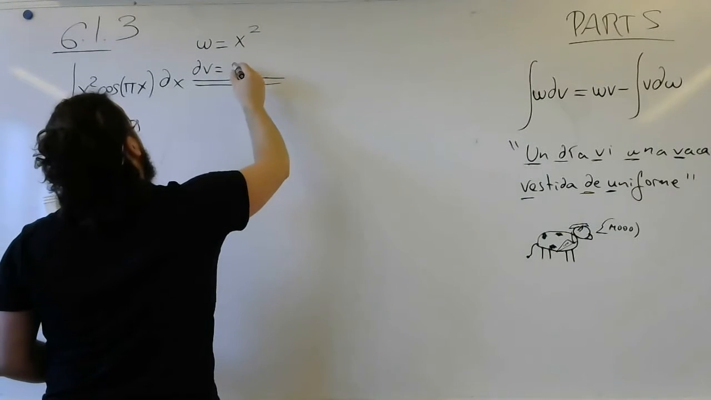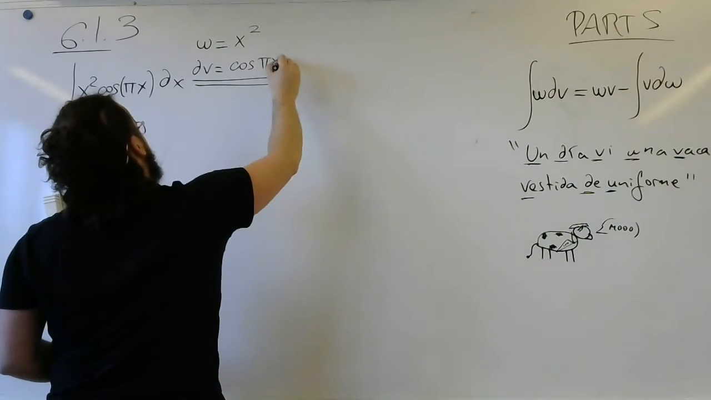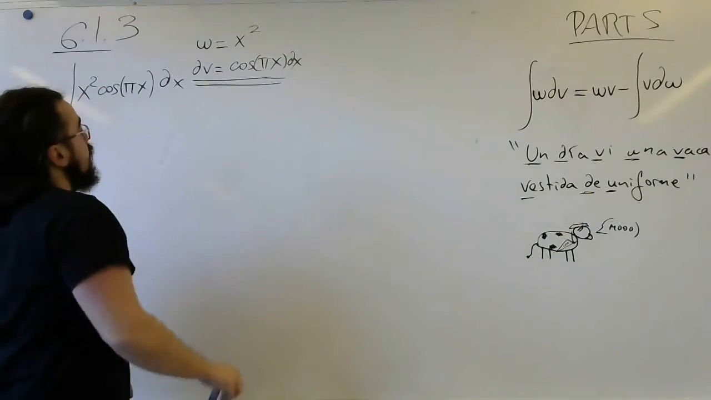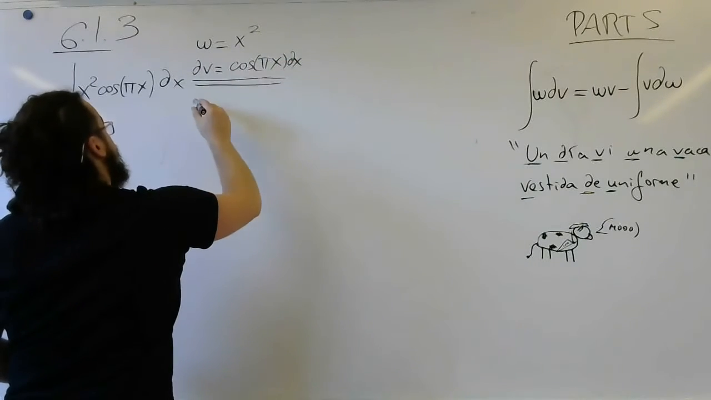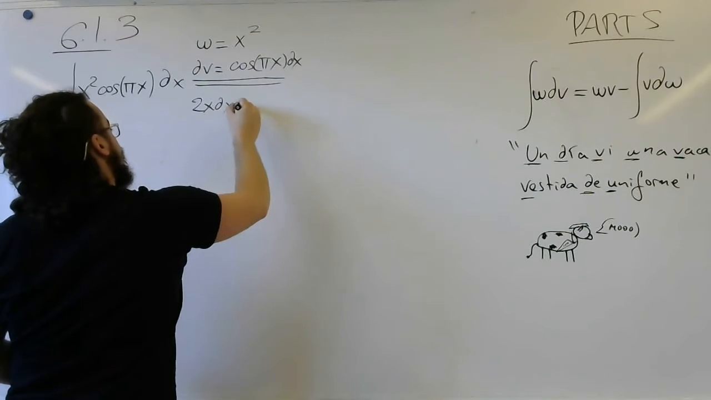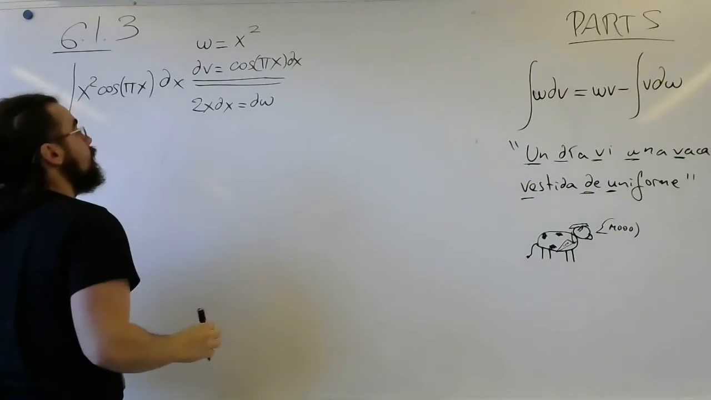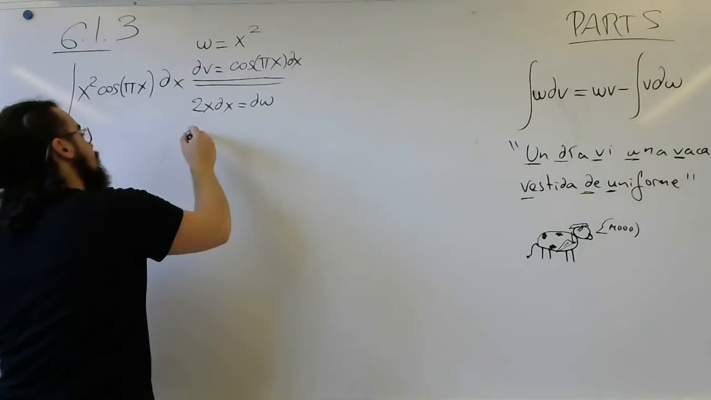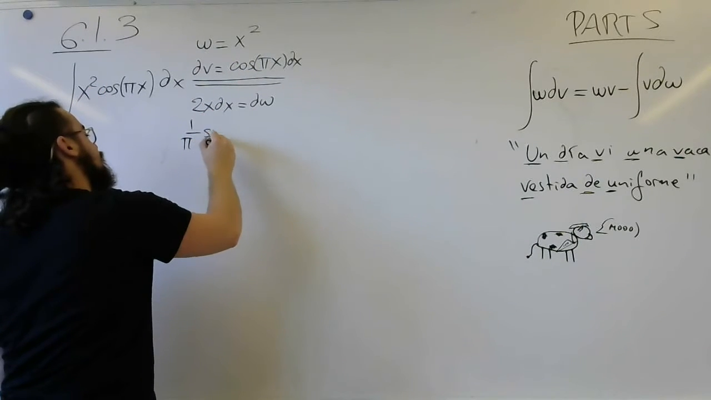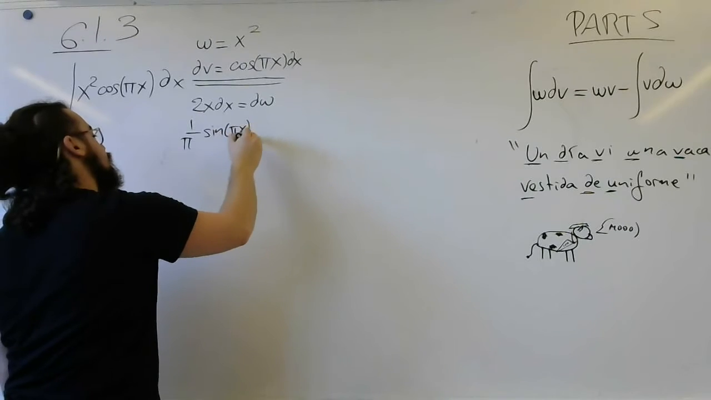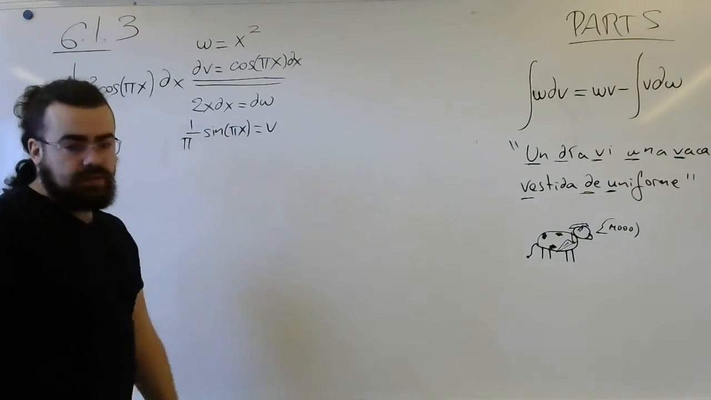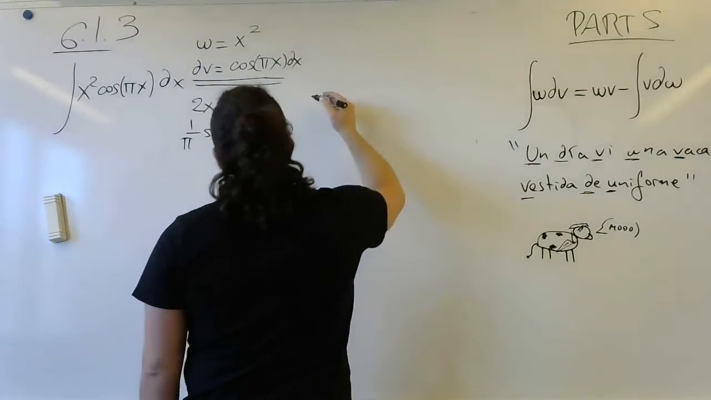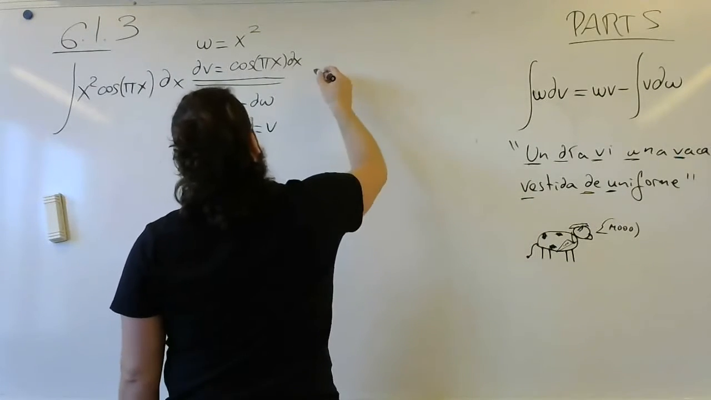W is x squared, and the v is cosine of pi x dx. So when you want to derivate this, we get 2x dx is differential of w. And here, a function whose derivative is the cosine of pi x. This is 1 over pi sine of pi x. Now, if we apply our formula for integration by parts, we have x squared